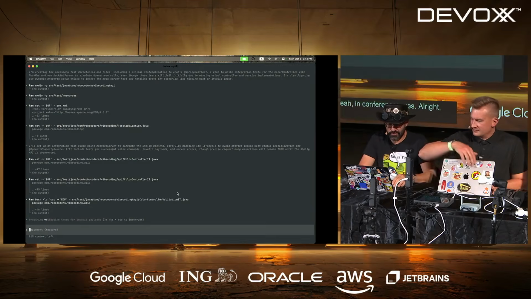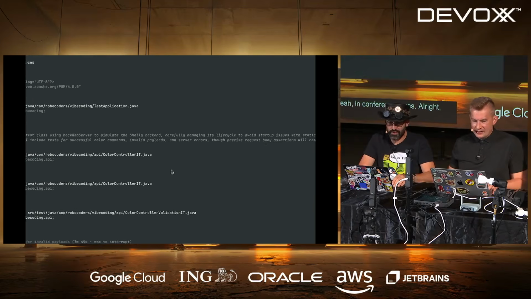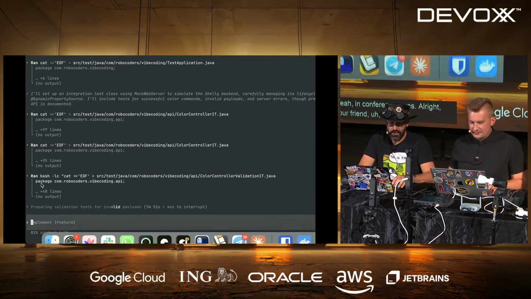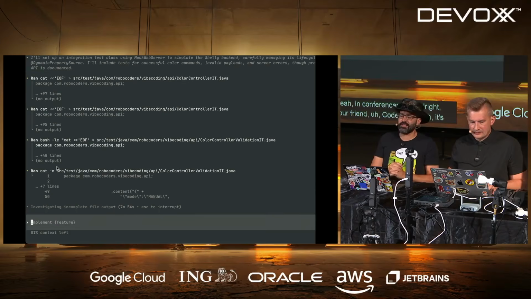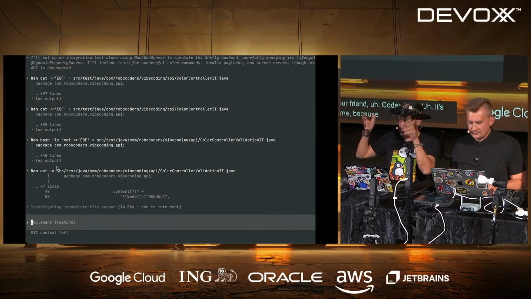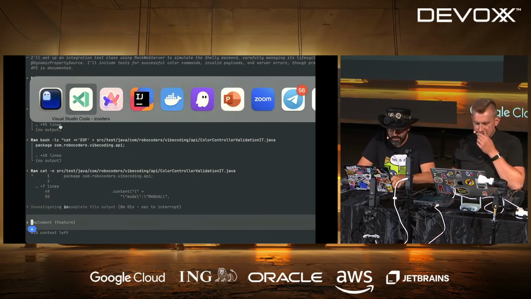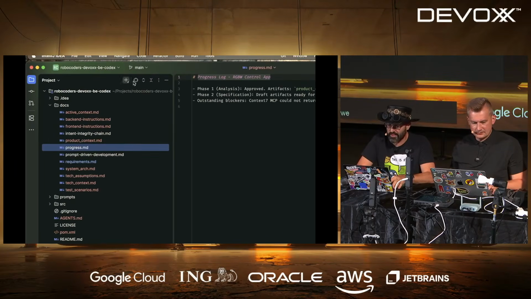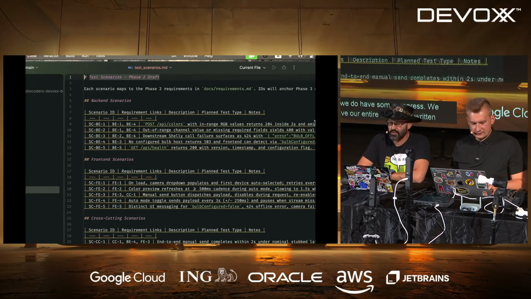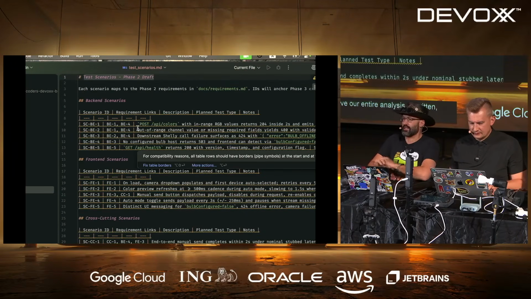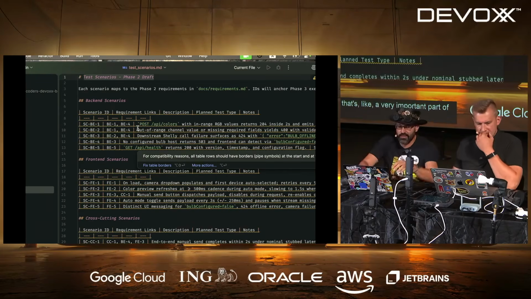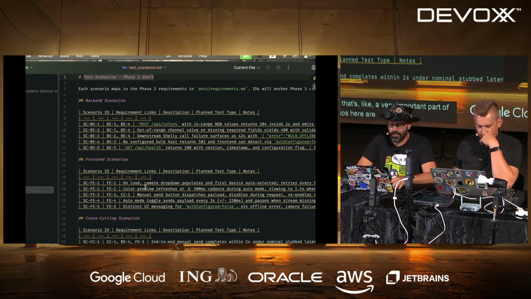Okay, so I just wanted to check in on our friend Codex here. It's chugging along. It's definitely taking its time because, as I mentioned, it's a high reasoning model, so everything is painfully slow. But we do have some progress. We finished phases 1 and 2, and our entire analysis is written, including the test scenarios. Remember, that's a very important part of our intent integrity chain, and the scenarios here are all listed.